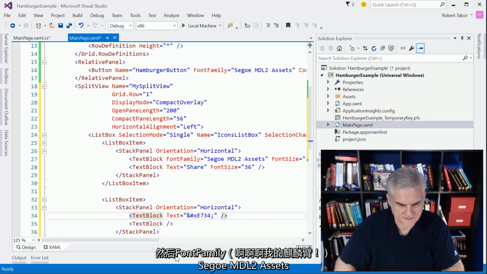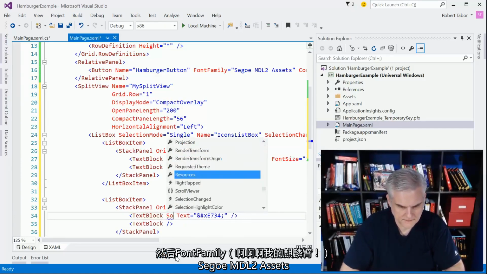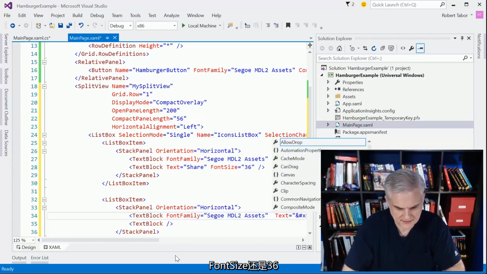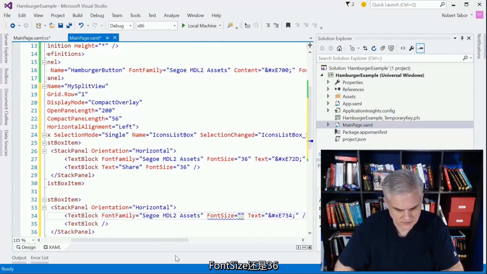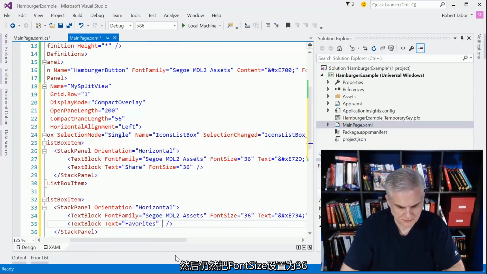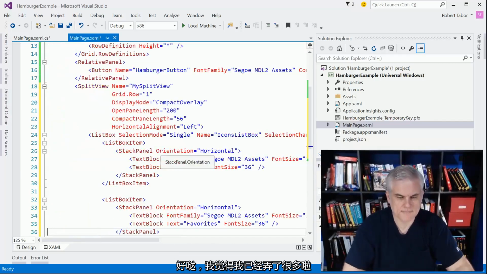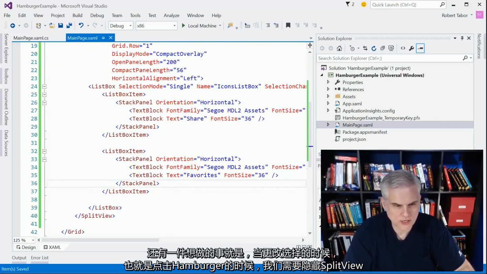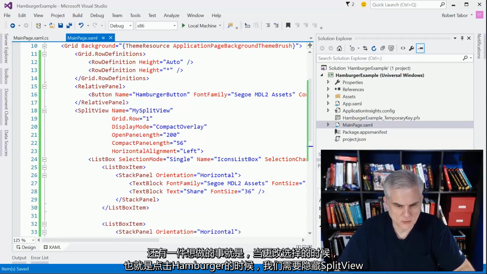And then let's set the font family. Segoe MDL2 Assets, and then finally the font size will be 36. And then I'll just put here text equals favorites, and we'll put its font size equal to 36 as well. All right, so I think I have enough here to work with. The one thing I will want to do though is whenever the selection changes, well, actually, let's back up to